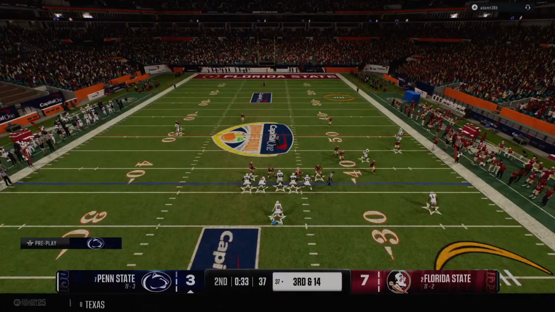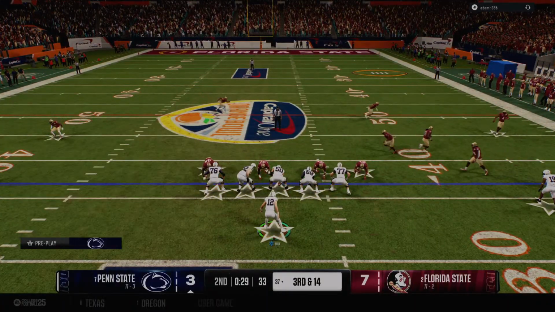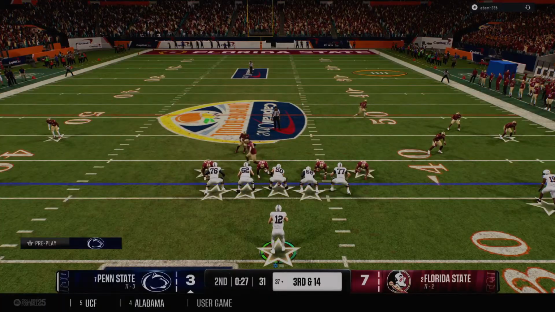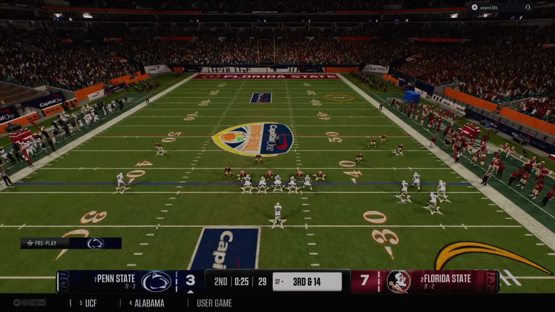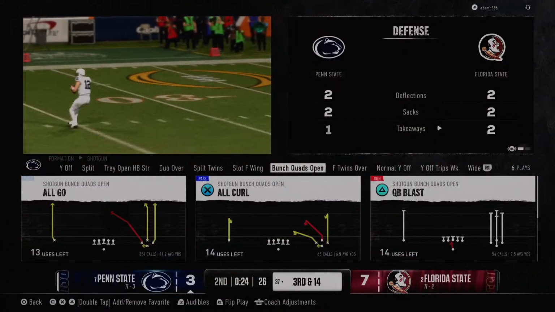They get to the line in a hurry here for this third down. Now the timeout is called by the defense. They've got some things to work out here.